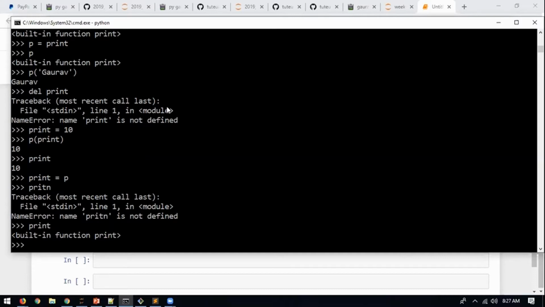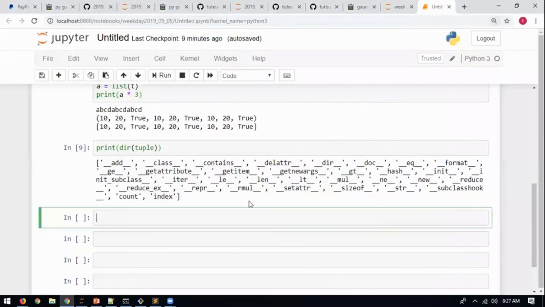Why do we define functions or create functions? For example, when you have to find power, there is a built-in function pow. There will be some logic of finding the power.